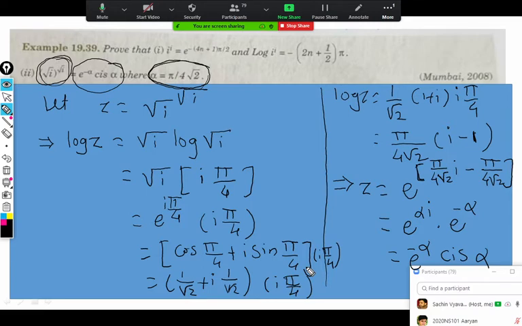Is that clear? Any doubt? Just you have to play with the rules of indices and logarithm. So two things are important in log of complex number. Every time you get a complex number raised to complex number, we should start with the log. At the end again we should take antilog to get the same complex number. So we are taking log and antilog, and we are using the properties of indices. What are the properties of indices?